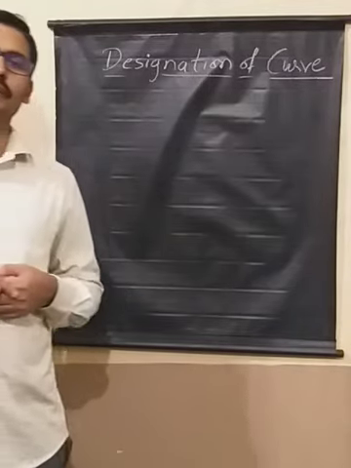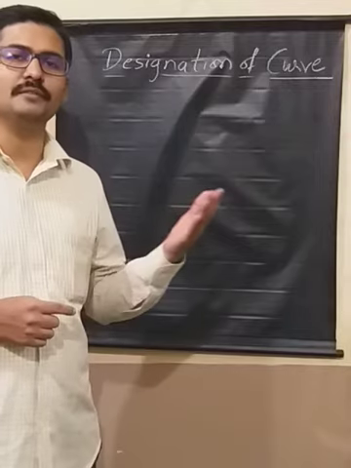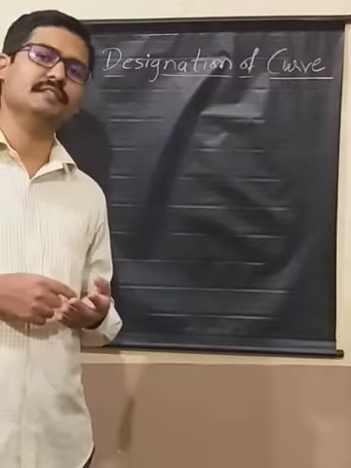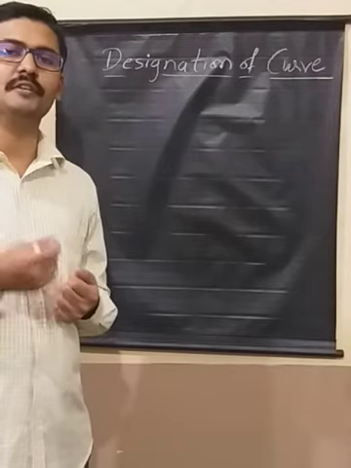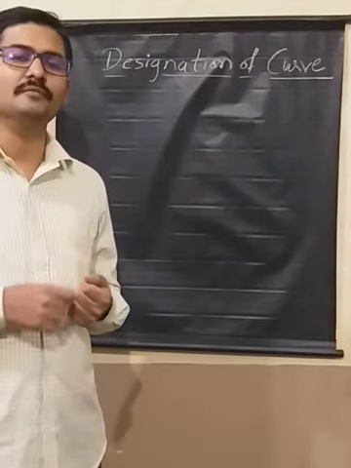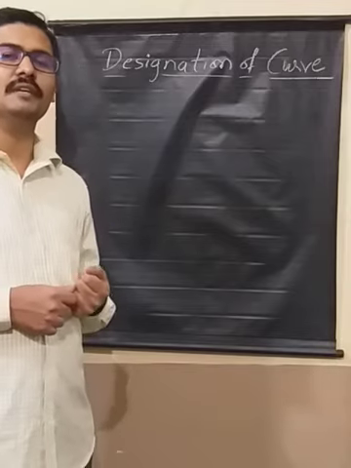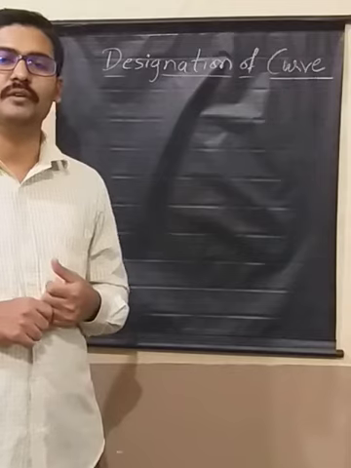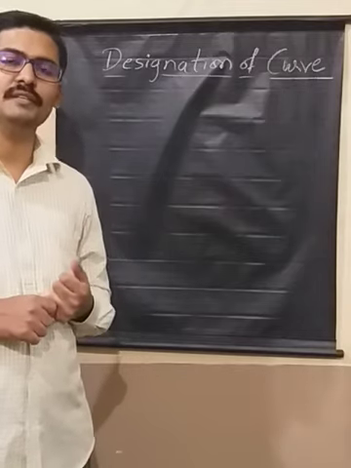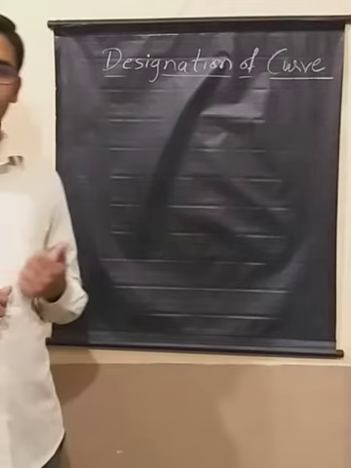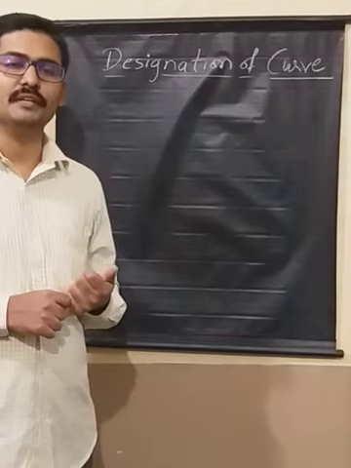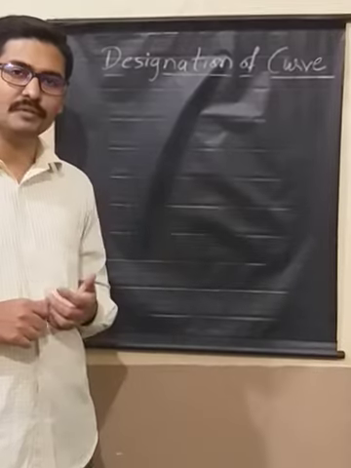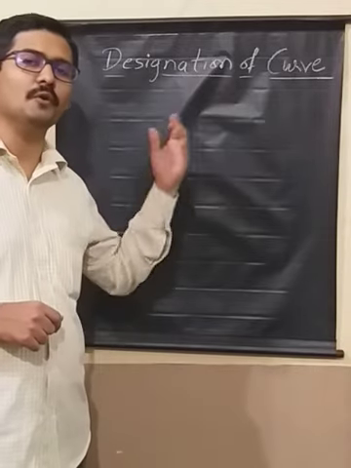curve will be, like the basic definitions of all the contents or elements it has, like back tangent, forward tangent, point of intersection, then point of curve, point of tangency, then we have angle of intersection, and then we have long chord, mid ordinate, external distance, and then we have something called deflection angle, then we have normal chord, subchord. So these are all the things you are supposed to know whenever you draw a curve,